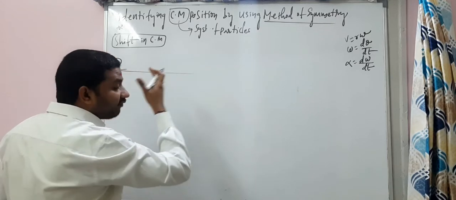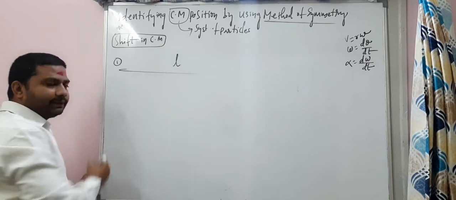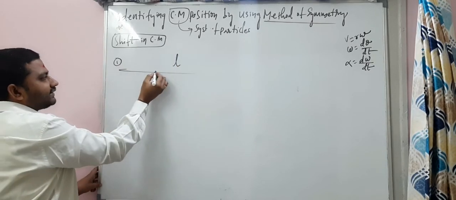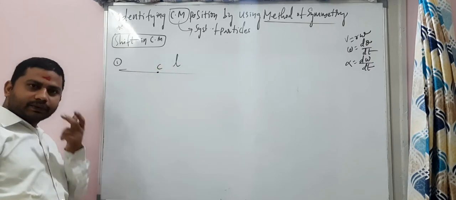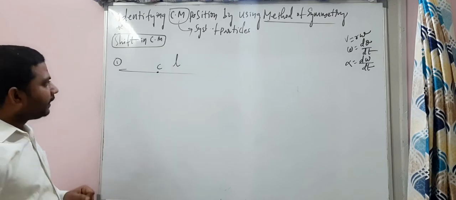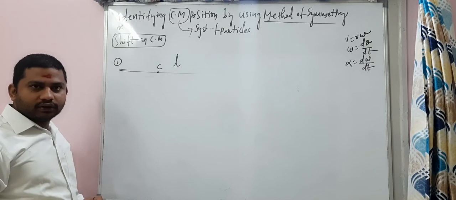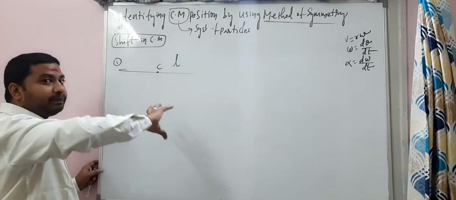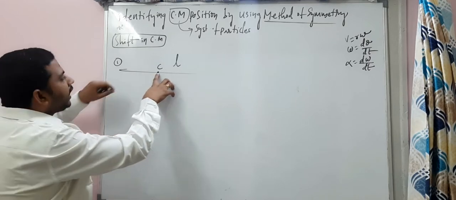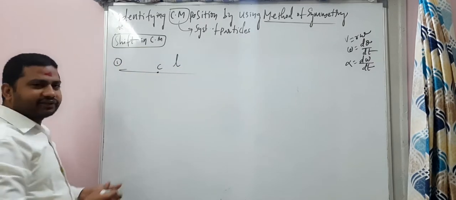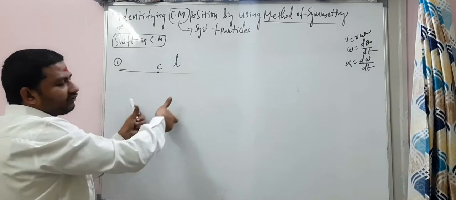This is a wire of length L. Imagine this is the wire of length L. You all know that its center of mass will stay here, exactly in the middle. Now the wire is bent into the form of a circle. Imagine we are holding the point C and bending the complete wire into the form of a circle.